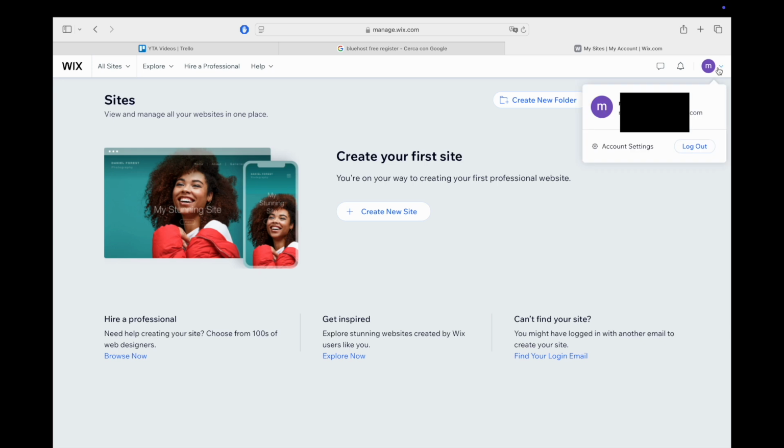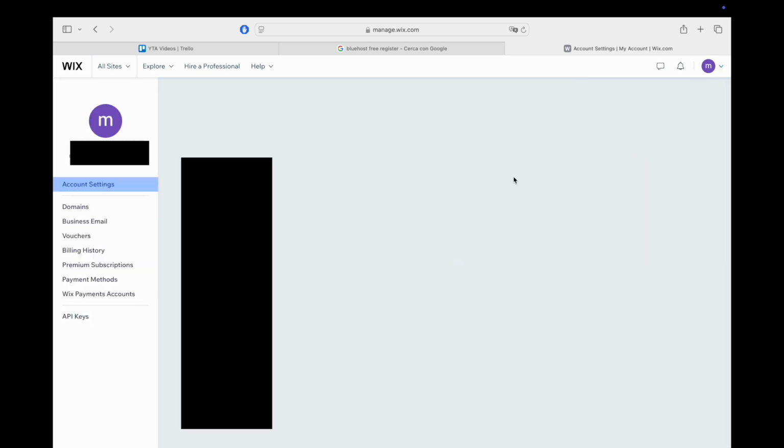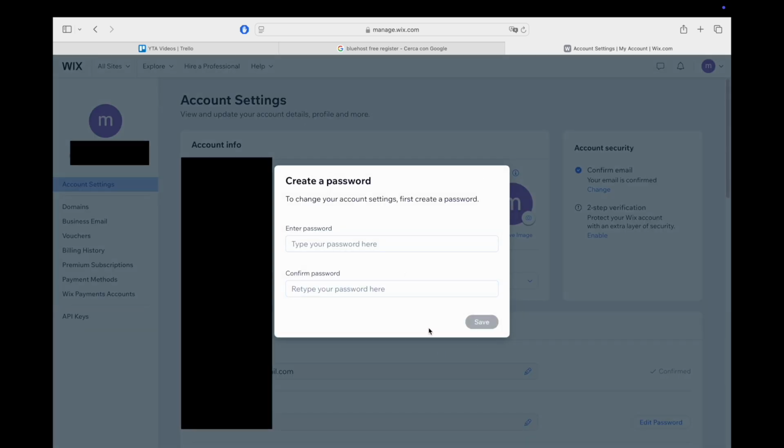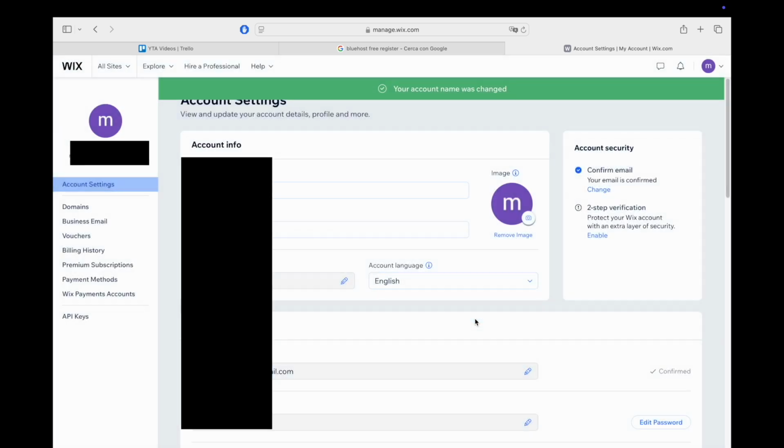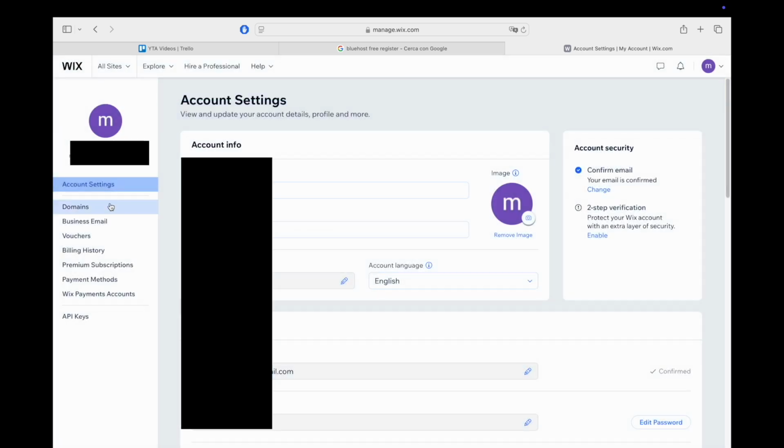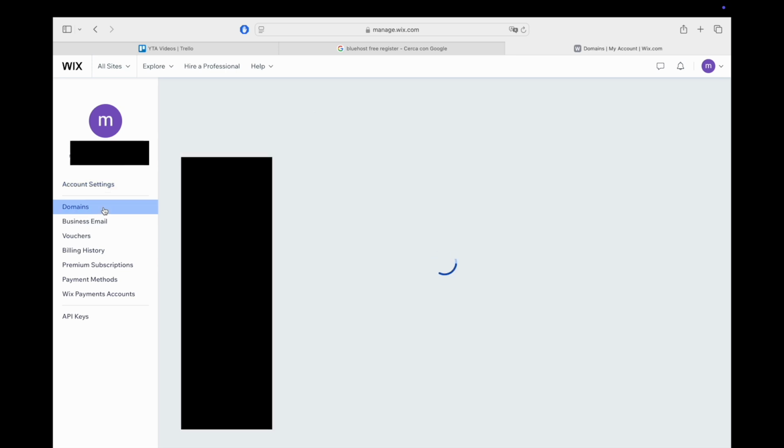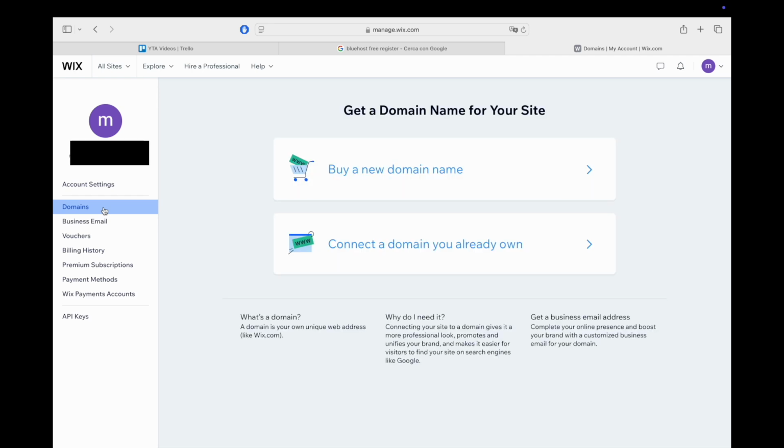Now go to the Wix site and go to account settings. Now you have to create a password. Then click on domains. Here you can transfer your domain clicking on